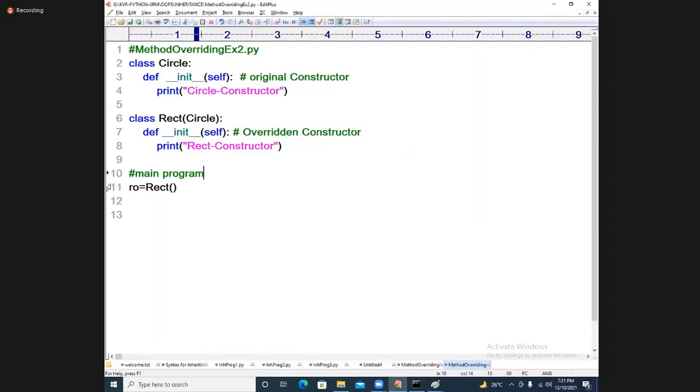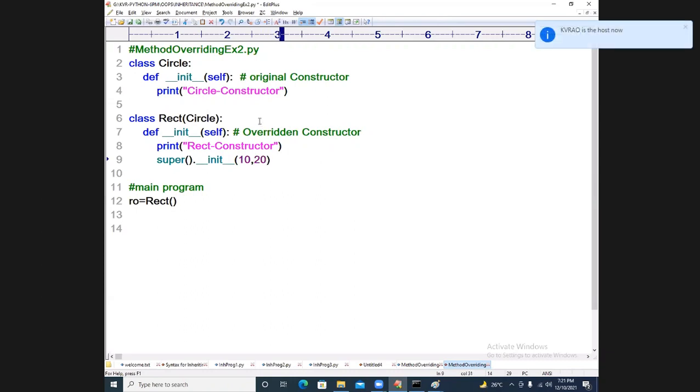Yes. Good. Now, how do you call the base class constructor? Simple, sir: super, underscore underscore init underscore underscore of. How easy it is. If you want, you can pass values also, like 10, 20. If you pass values, you have to take a, b there.